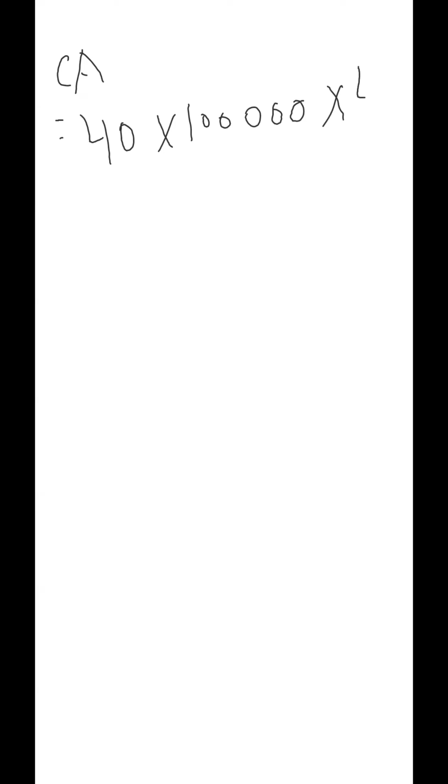The last one is problem number 11. So what you have to calculate in this is raw material. First, we start with the raw material. So how much raw material is there? 40 rupees. How many units are given? 1 lakh. Raw material in stock is on average 4 weeks, and they have told you to take the total at 52 weeks. So that is 4 divided by 52. This will give you the raw material in stock.